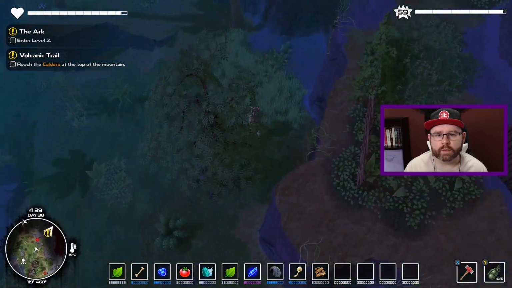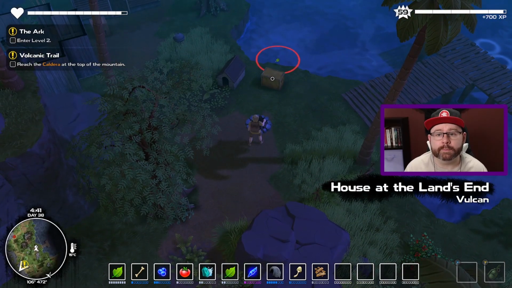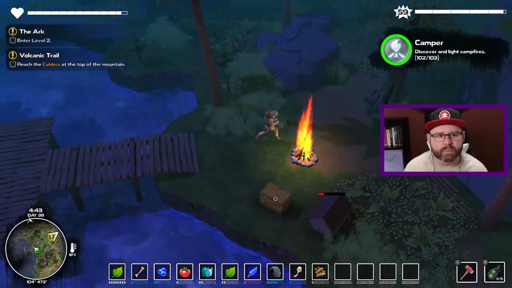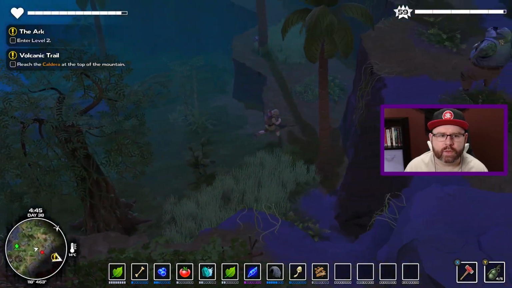Could drop down. There's a ramp down. Okay. There is a ramp down here. Can light the campfire. Wrong button. Fishing spot. The usual. Nothing that we're after. So if we stay up